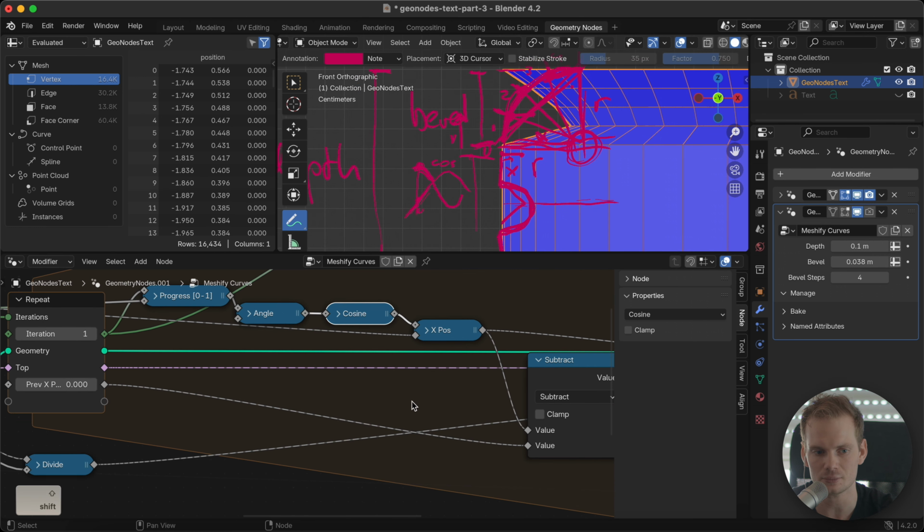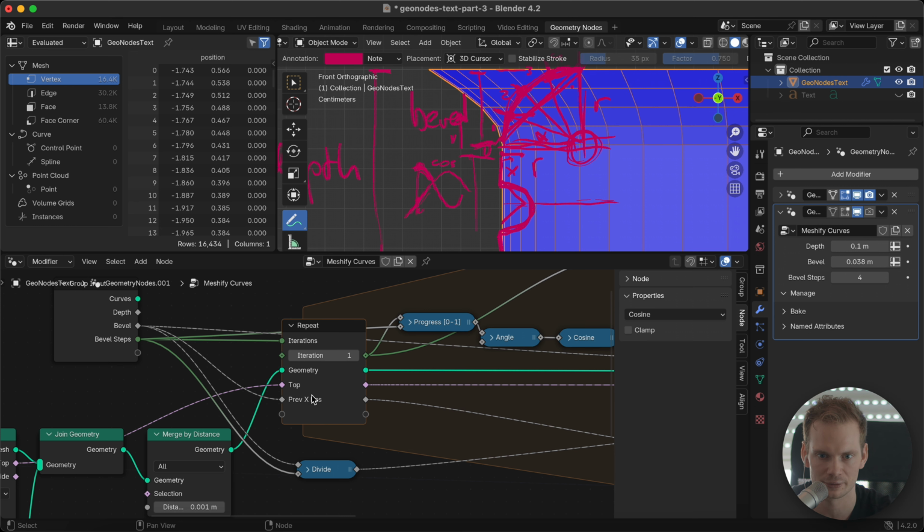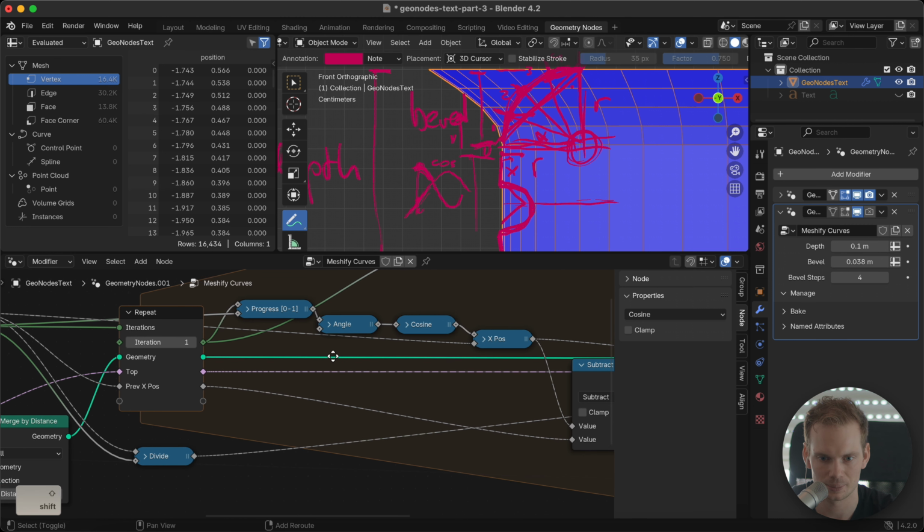So instead of trying to explain it, I'm just going to show you, we should start not at 0, but at 1 if the radius is 1, or we should start at the value of whatever the radius is. And that happens to be the bevel. So we have to plug in the bevel, and now we're getting something that looks a little bit better and rounded. But we're moving in the wrong direction.